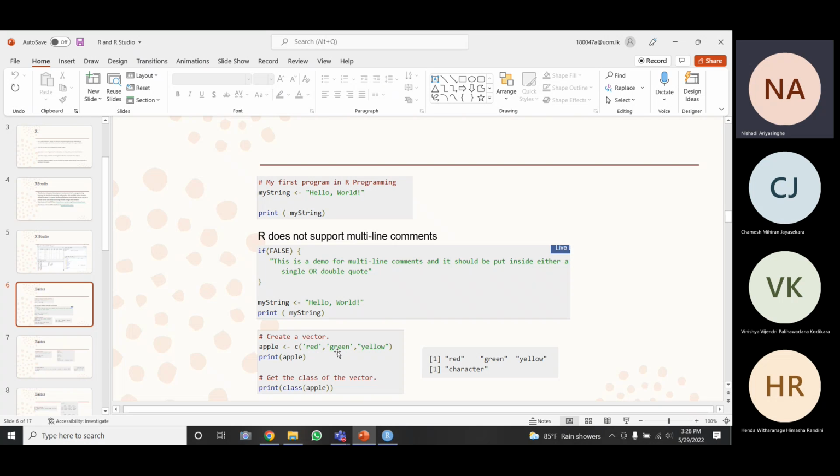And you can give the values which are there inside the vector. Since it is a character, you can use c in front of the vector itself. So it is something like this.